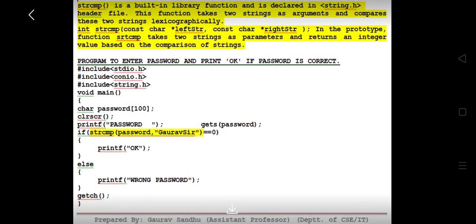Now the next function under consideration is strcmp. strcmp stands for string compare and it belongs to the string.h header file. It basically compares two strings lexicographically, which means that it starts the comparison character by character, starting from the